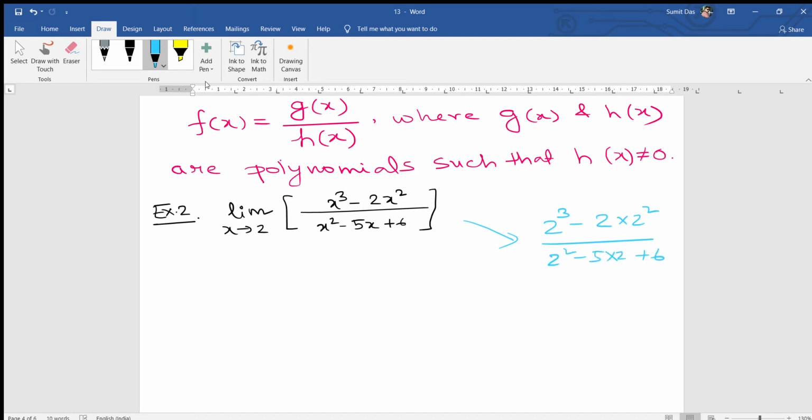Okay, I hope maximum of you are making mistakes with the Bodmas rule. So numerator will be 8 minus 8. Denominator will be 4 minus 10 plus 6. Okay, 8 minus 8 is 0. Denominator will be,